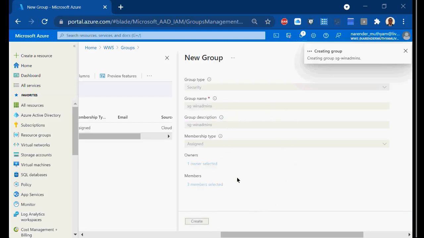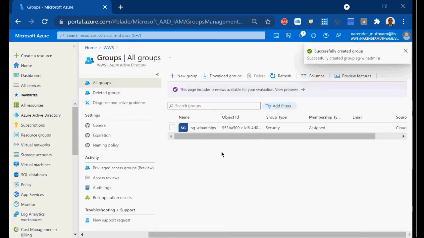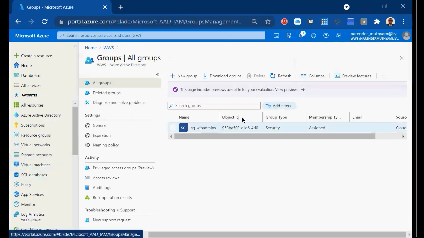This way you can create security groups, and for this security group you can grant permissions on all virtual machines. Wherever they want access in Azure, this group can be assigned, instead of individuals, instead of users. That way it will be easy for the AD administrators to manage groups rather than managing users individually. So that is the significance of groups here. Same way,